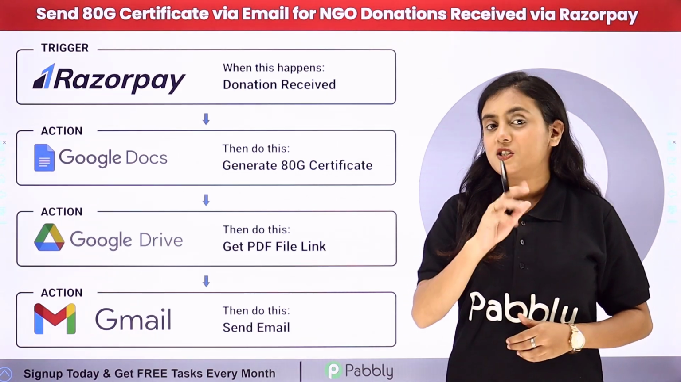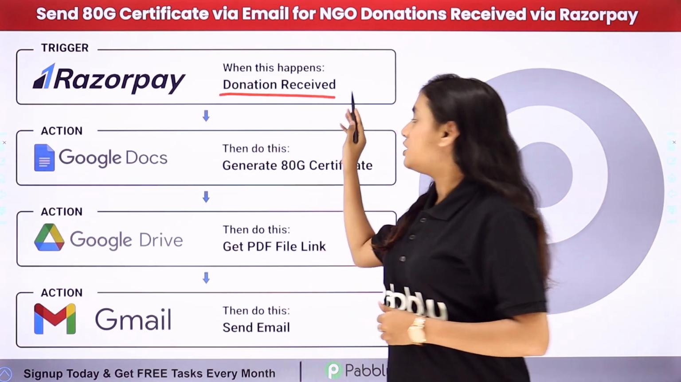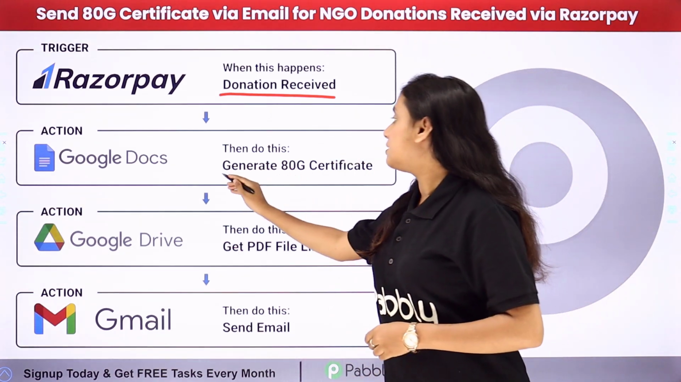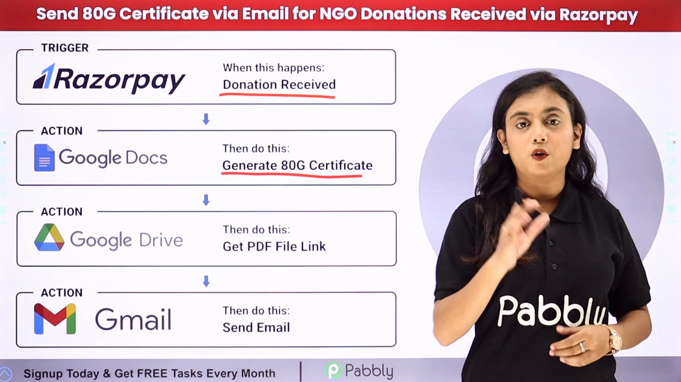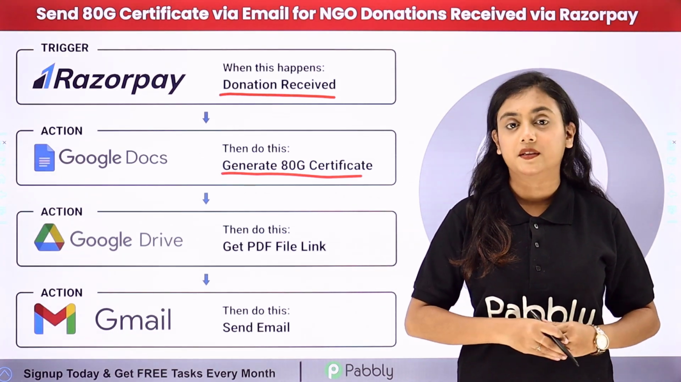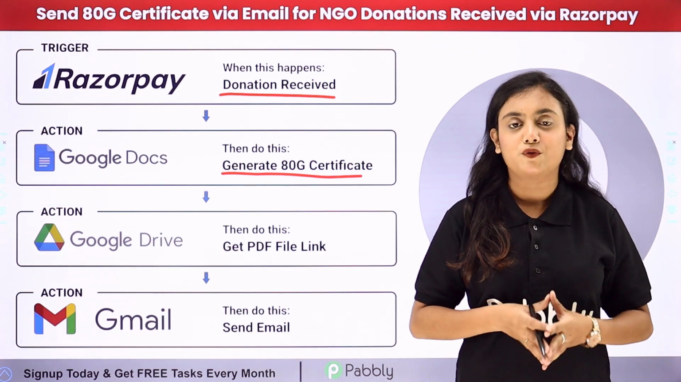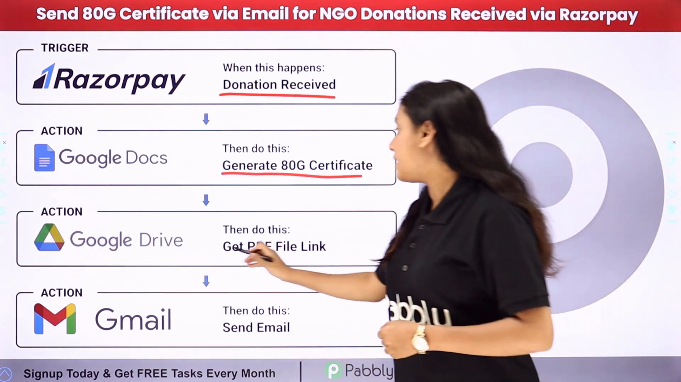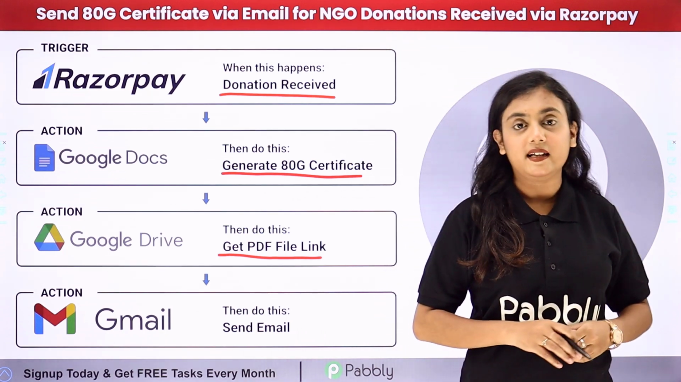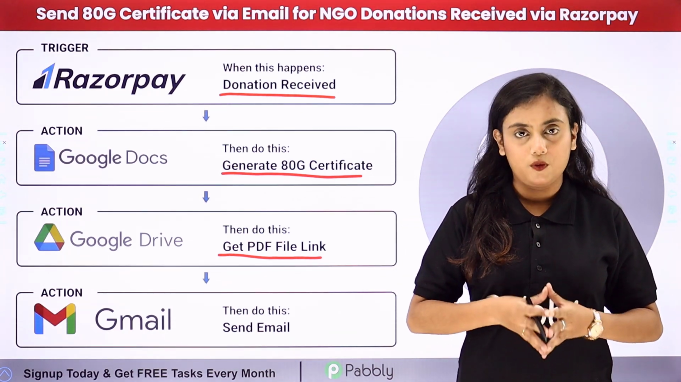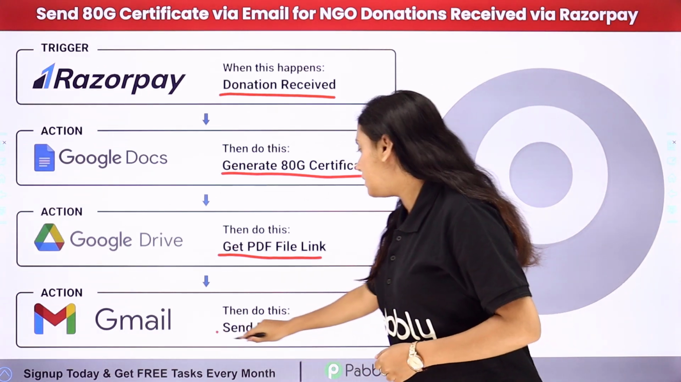With the help of this automation, whenever you receive a donation from your donor with the help of Razorpay, automatically an ATG certificate is going to be created with the help of Google Docs for all of your donors who have done the payment. As we've already created a template for ATG certificate with the help of Google Docs and Google Drive, we are going to receive a PDF file link and we are going to send an email to all of our donors who have done the payment with the help of Razorpay with the attachment of the PDF